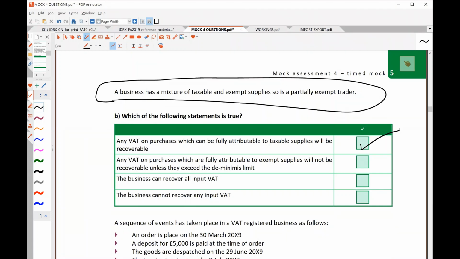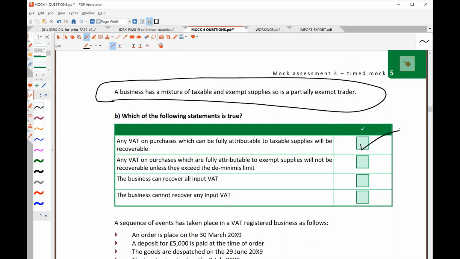Now, what you should really do, Amy, I'm sort of aiming this at you, but hopefully it'll help everybody, is look at everything that you sell. I sometimes think the notes overcomplicate this. You look at what you sell, and you have a box. I'm literally using my hands. My left-hand side is everything I sell that's exempt. My right-hand side is everything I sell that is taxable, okay? If the amount that you sell that's exempt is under a certain amount of money, they'll just let you put it all through as a taxable supply. So let's say